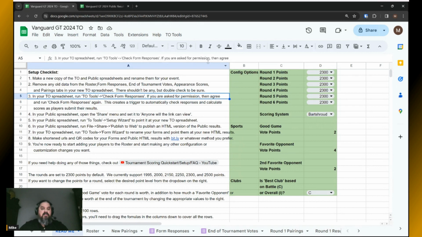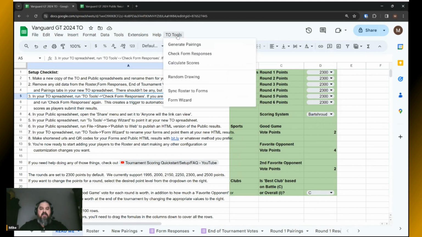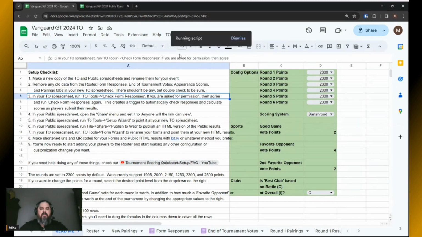Now that we've gone through the approval process, we go up here to TO Tools and run check form responses one more time. It'll tell you that the script is running, and then it'll tell you that it's finished, and visibly nothing will have changed, and that's fine. That's what we want. The reason we do this is that the first time we run it,